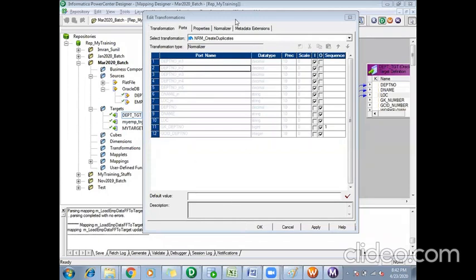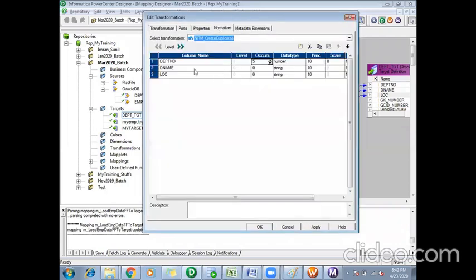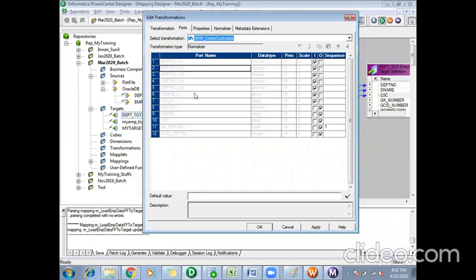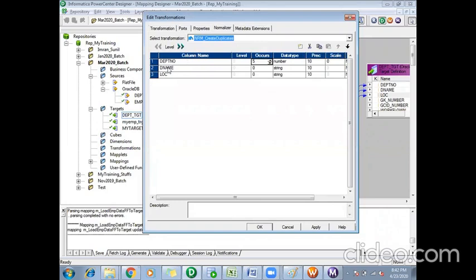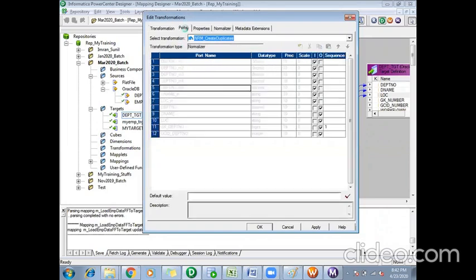Yeah, okay, thanks. So I have made the department number column occurs to 5. As I increase the occurs value, that many input ports will be created for that particular port. For that department number, it has created 5 input ports, but the output port will still be 1.